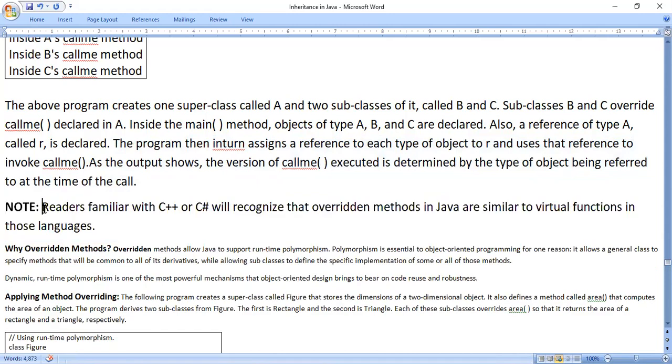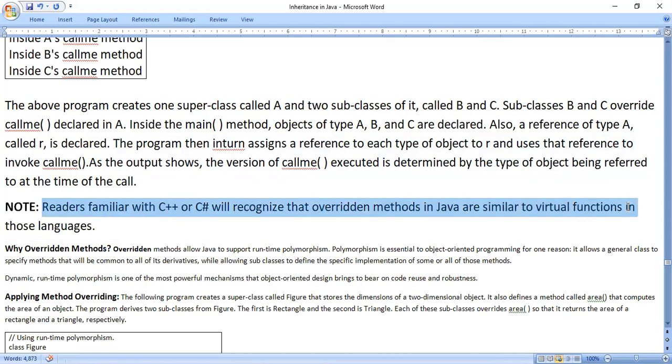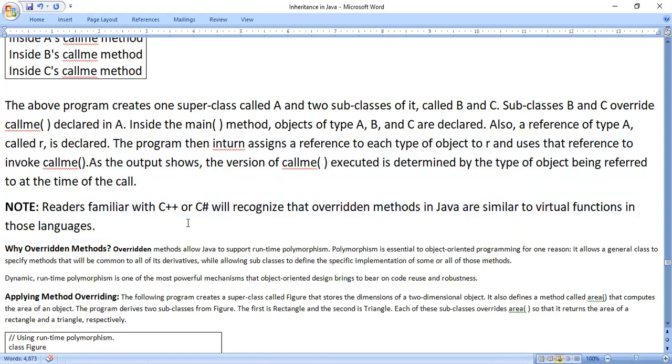Note: readers familiar with C++ and C# will recognize that overridden methods in Java are similar to the virtual functions in those languages. In C++ we have the virtual functions chapter. Whatever the concept is in virtual functions, the same thing you can consider as the method overriding concept in Java.